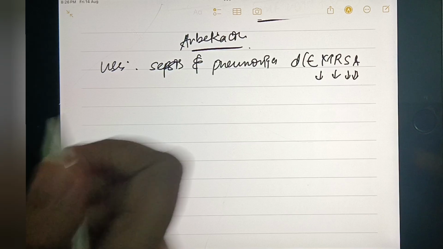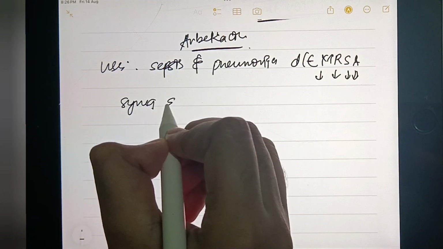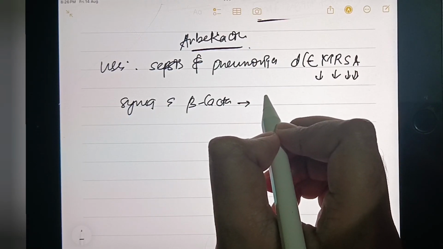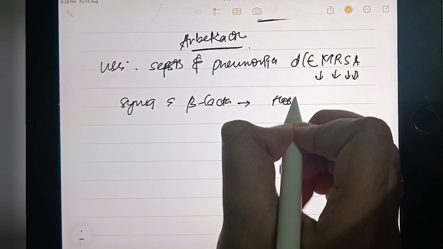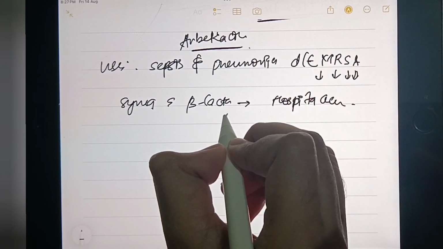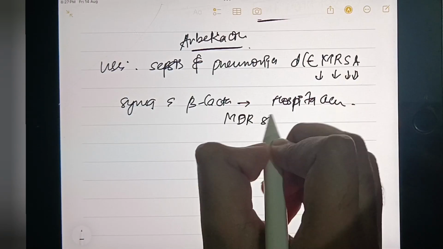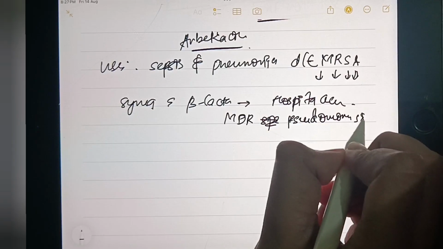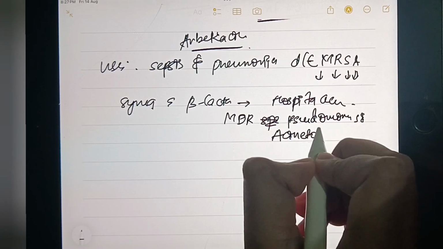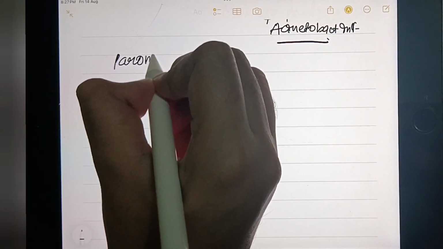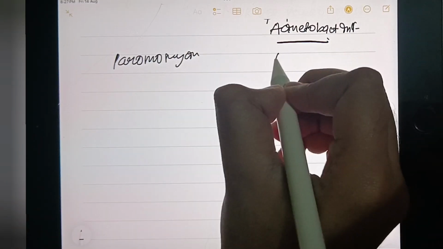Okay, and it is also used synergistically with a beta lactam antibiotic, in combination, in hospital acquired infections, multi-drug resistant Pseudomonas and Acinetobacter infections. Okay, now the other two drugs are paromomycin and